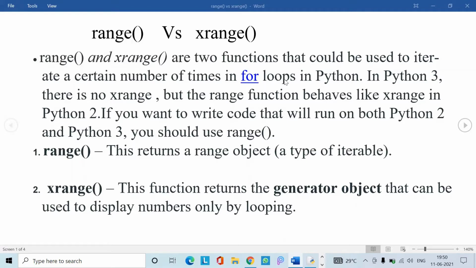The range and xrange functions are the two functions that can be used to iterate a certain number of times in for loops. We can use the range and xrange functions with the help of a for loop, or we can use them separately to display the values between a source and a destination.